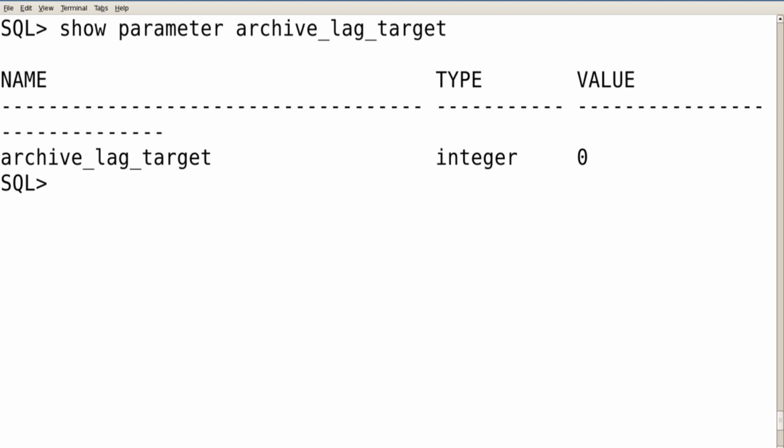So we can set this value to ensure that crash recovery can be done.